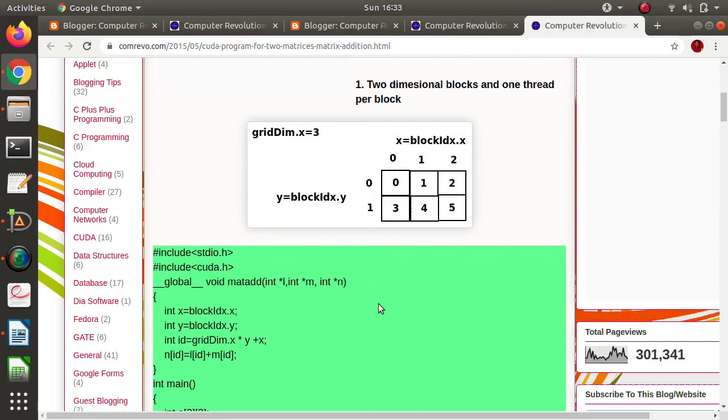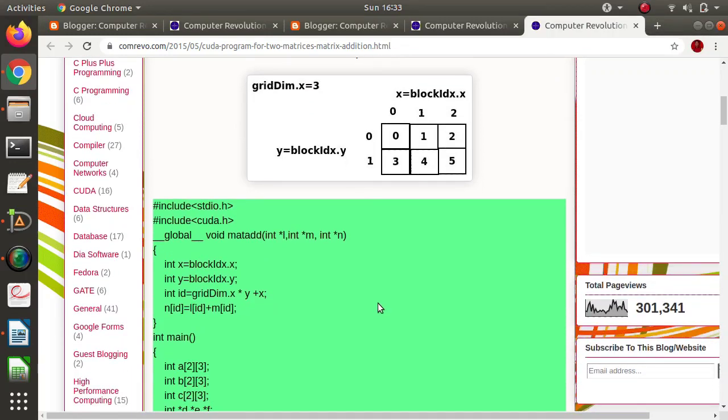One more thing: when we are adding two matrices and using pointers to represent them, when these values are saved in memory, though for us it is a two-dimensional structure, in memory they are linearly saved. Values will be saved like that: first value, second, third, fourth, fifth. Those are linearly saved, but logically for us it is a two-dimensional structure. So from memory we have to access it and then add it.